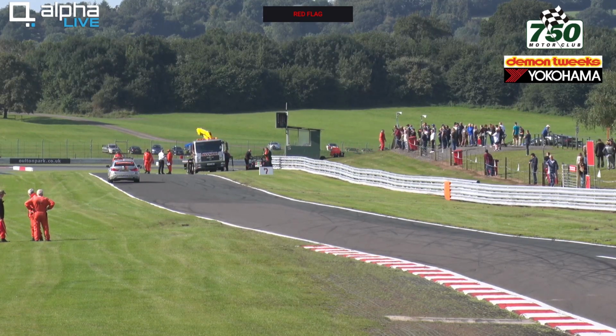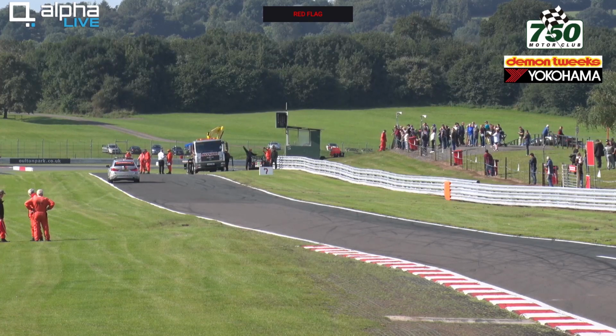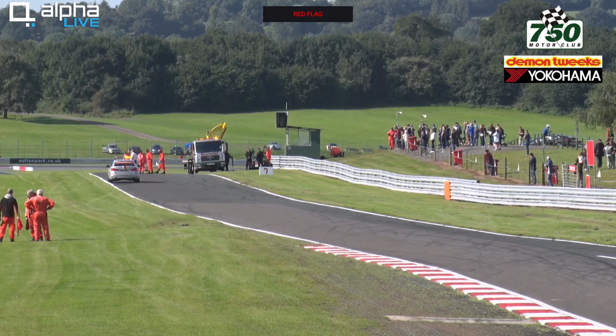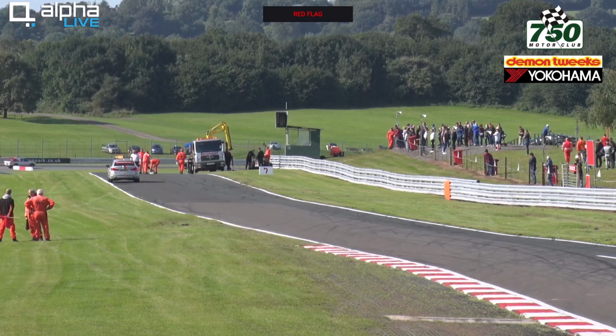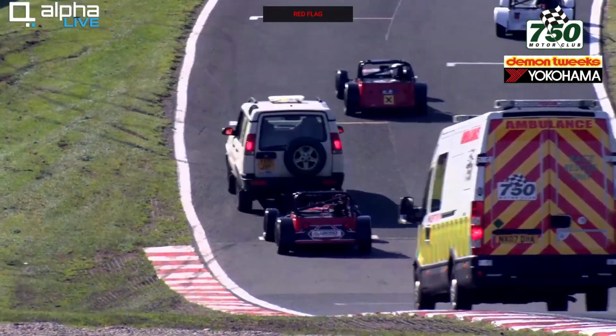Locost, as I say, concluding their season at Snetterton after this meeting. That's on the 12th and 13th of October, which will be the championship finals weekend for many of the championships. Some will also have their championship finals the weekend before, and some will conclude their championships at Silverstone at the end of October, the day after the traditional 750 Motor Club curtain closing event, which is the